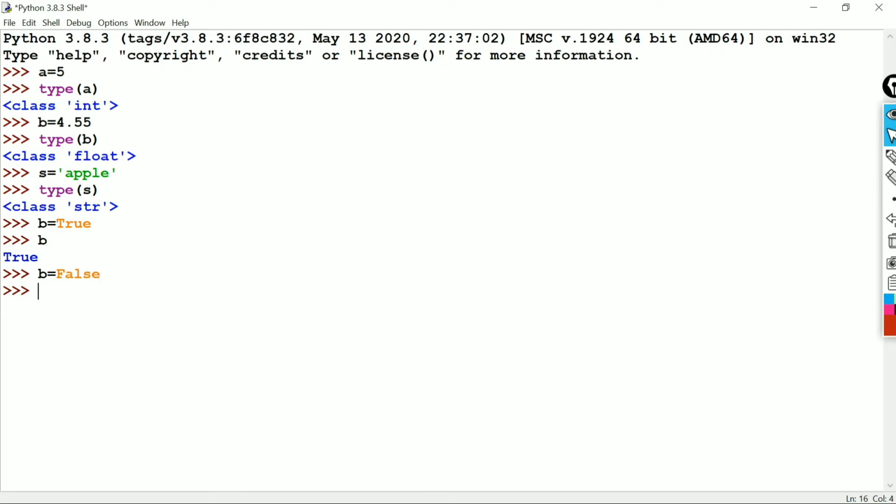Or we can create the complex data type, C equal to 3 plus 5j, and this will be stored as a complex data structure. There is another data type, None. N equal to None. It means nothing.